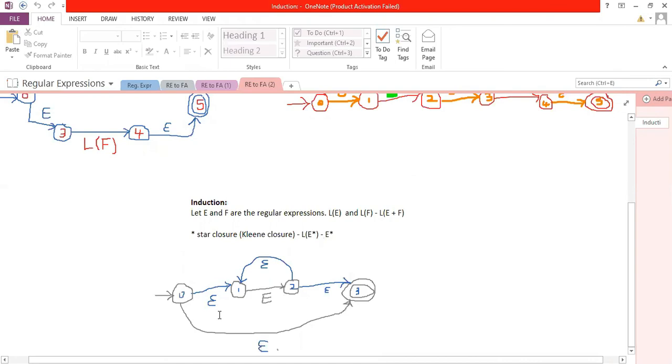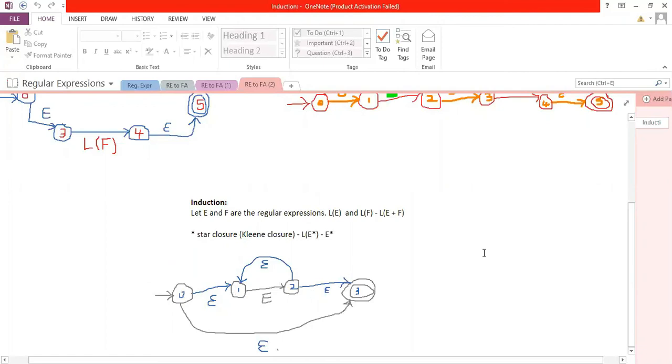Then suppose I need to accept one symbol. Then obviously here is a transition for the symbol E, where we say it is E star that we're representing. Then we have just added epsilon transitions on the other side. Observe properly. Now we need to accept the next symbol. So what happens if you have traversed from 1 to 2 with the input symbol E, or for the regular expression E, suppose I need to accept one more symbol, I need to come back to the previous state. How do I come back? With the input symbol epsilon. So when I say 1 to 2 is E, then again you are coming back with the epsilon transition, then we're moving forward.